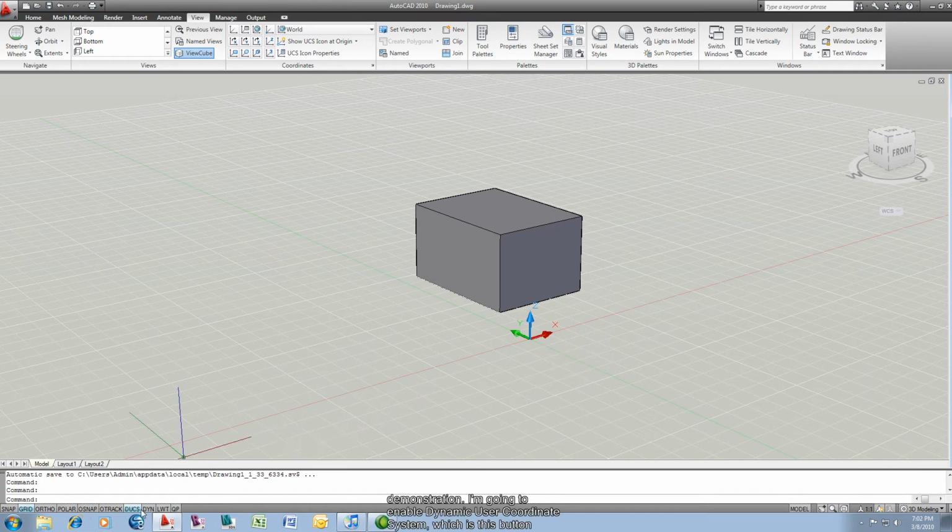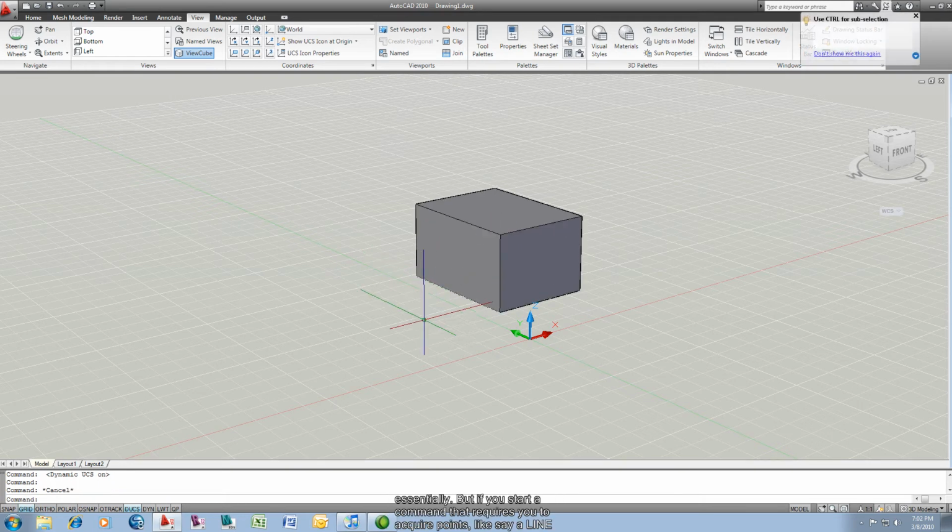I'm going to enable Dynamic User Coordinate System, which is this button down here. If I click on it, obviously it was already selected, I can go ahead and draw with Dynamic User Coordinate System on. Now the way this works is, you'll notice normally whenever you hover over an object it thinks you're going to grip select the entire object essentially. But if you start a command that requires you to acquire points, like say a line command for instance, and you move atop of an object, AutoCAD will actually look at the surface that your cursor is atop of and create a temporary user coordinate system, or dynamic user coordinate system, to allow you to use that for this particular